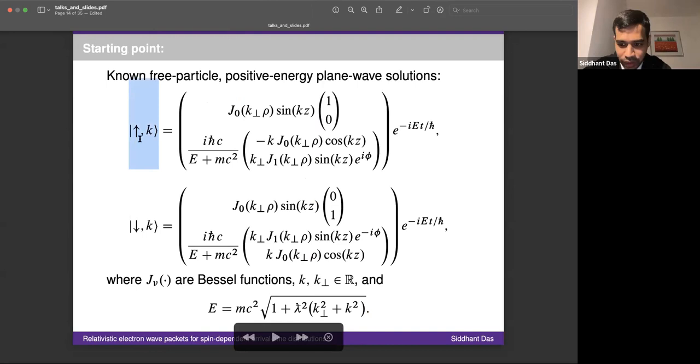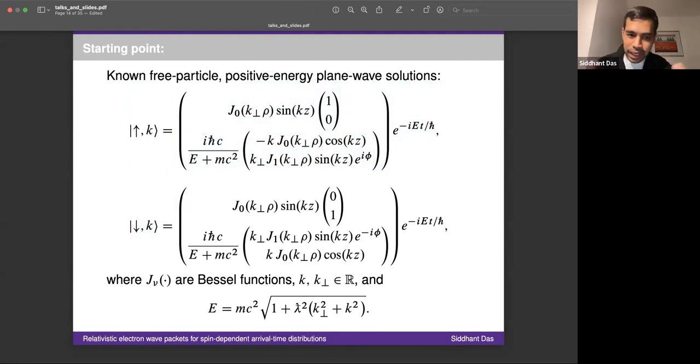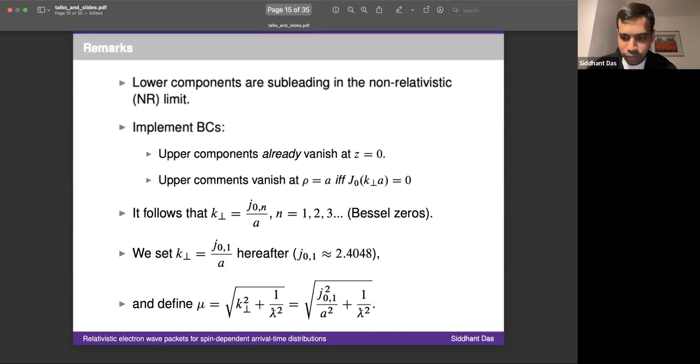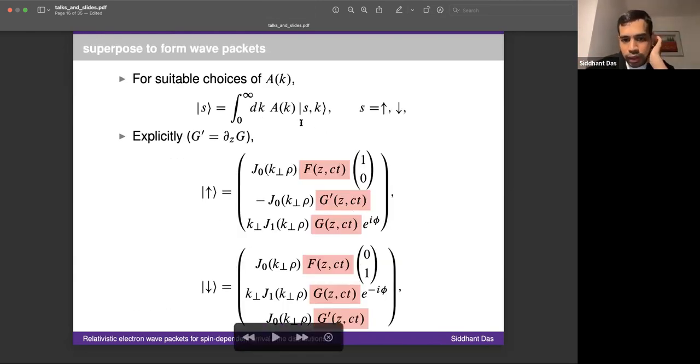I don't know if Shelley noticed, but one uses this ket vector for the abstract state vector, whereas what's written on the right-hand side is an explicit representation of the state in position coordinates. I'm just aware of this, but it's something I'm doing to avoid writing huge formulas. All right, so the plan now is to take some suitable coefficients, these a of k, let's call them, and